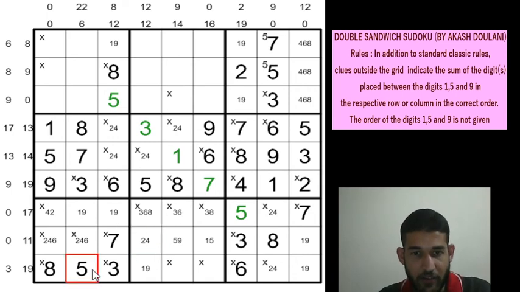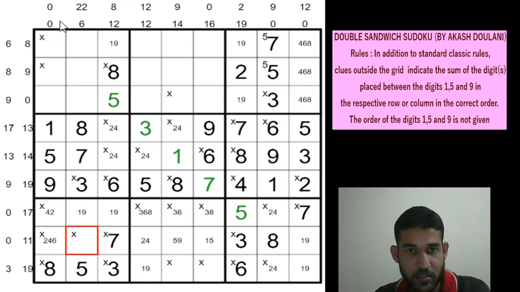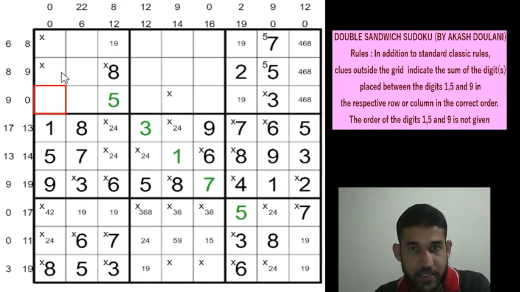Okay. So we have a 5 here and 1 and 9 here. We have 2 digits out of 1, 5 and 9 in these 2 cells. We need to satisfy the 6 total. So this is going to be a 6. And this will be a 2 and 4. This will be a 3, 6 and 7. 3 is here. So this is a 6 and 7, 3, 6 and 7 and 3 and 6.